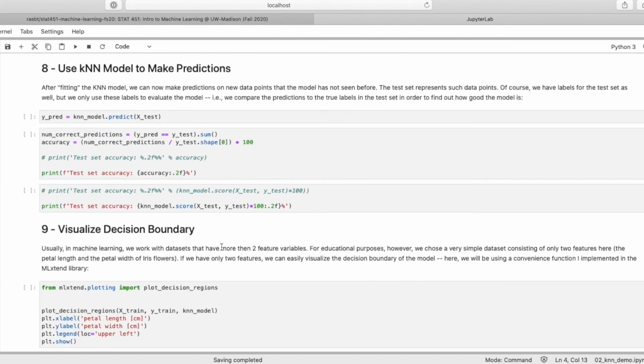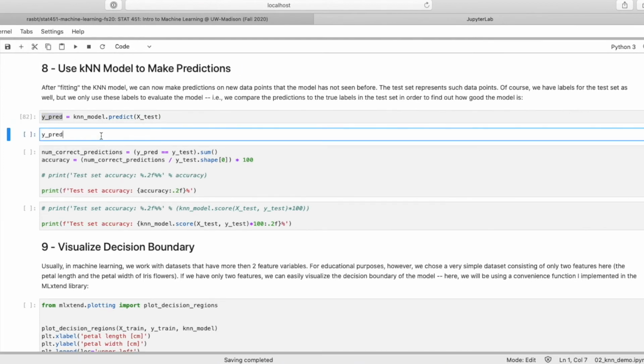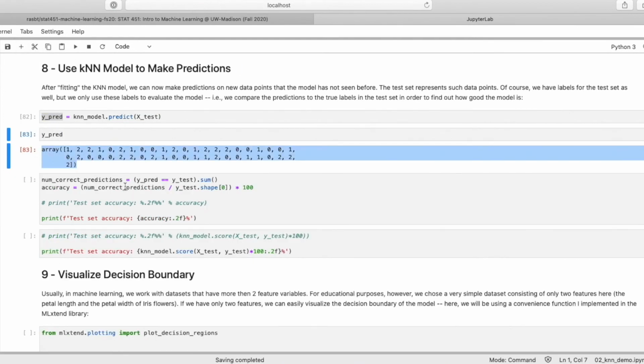Okay. Now, after fitting the model, we can make predictions. So for each model that has been fit to a training set, we can use the predict method. And usually we are interested in making predictions on the test set, right? So this is now evaluating our model. Also in practice, we pretend the test set is new data. So y_pred, this now contains our predicted class labels. So this is what our model predicts.